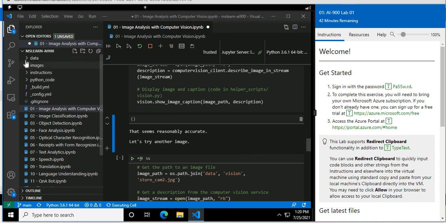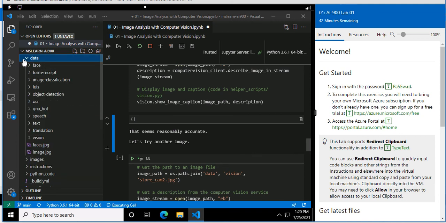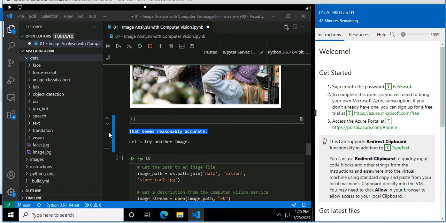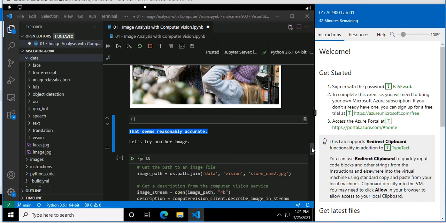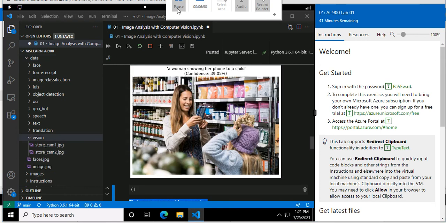Actually the data is available in this folder. You can see here, this is the image. Sorry, my system is very slow. You can see the output here.